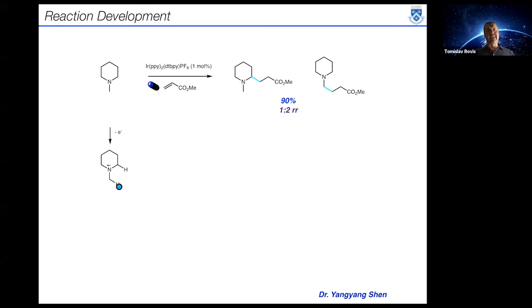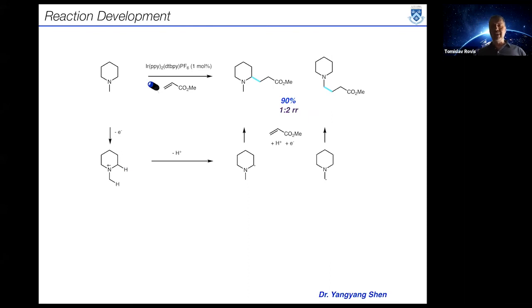This greatly acidifies both of these positions to the point that a base comes along, guided presumably by sterics and a kinetic deprotonation. That generates this radical selectively over the secondary, over the methylene. Acrylate trap, of course, the reduced photoredox catalyst gives an electron back. It picks up the proton again, and that closes the catalytic cycle